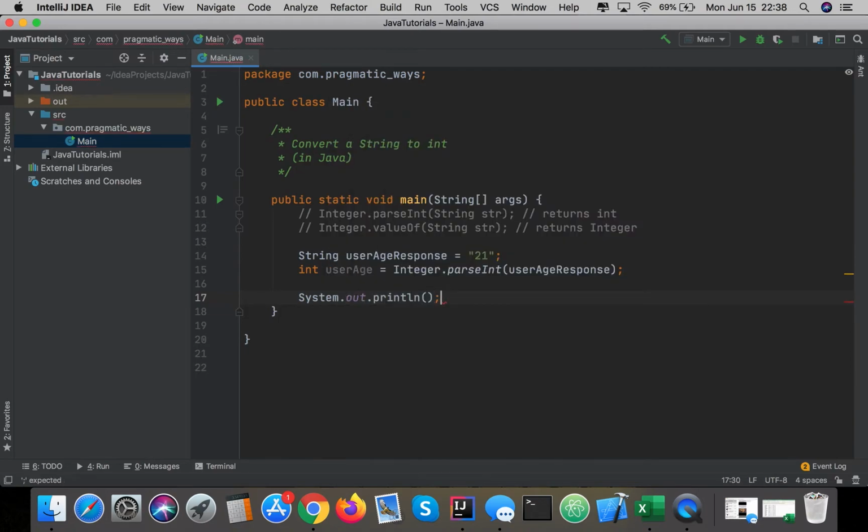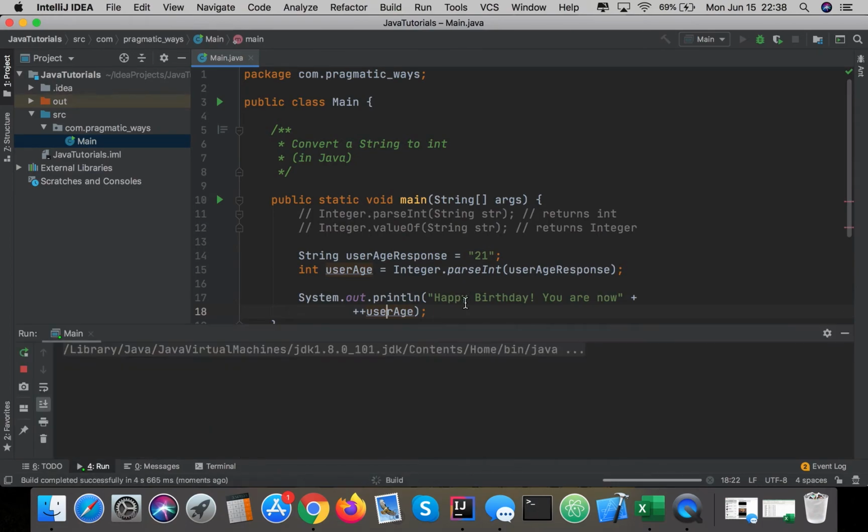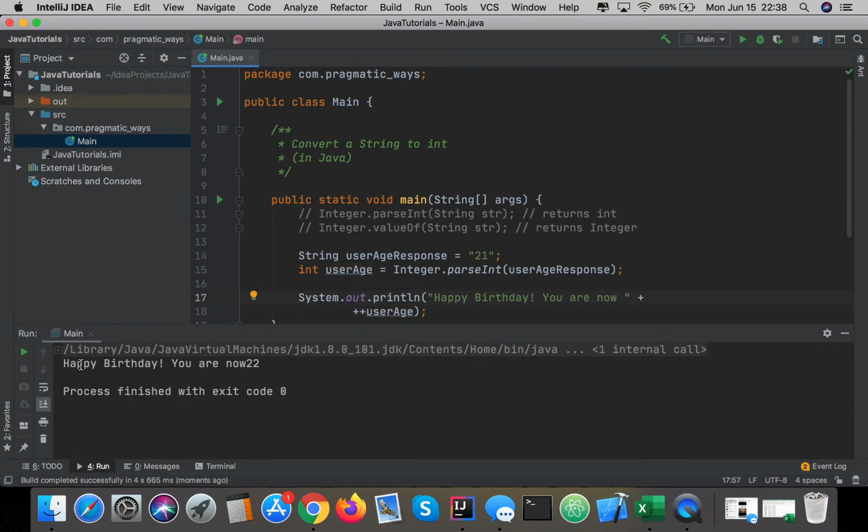All right, and now let's print some silly message to the screen just to show this output, and I'll say something like "Happy birthday, you are now" plus ++userAge. I want to pre-increment so it adds one to the userAge variable before we output it to the screen. So I'm going to save that and run it, and let's see what this looks like here. As we should expect, I did not put a space in there, but either way, we see "Happy birthday, you are now 22,"